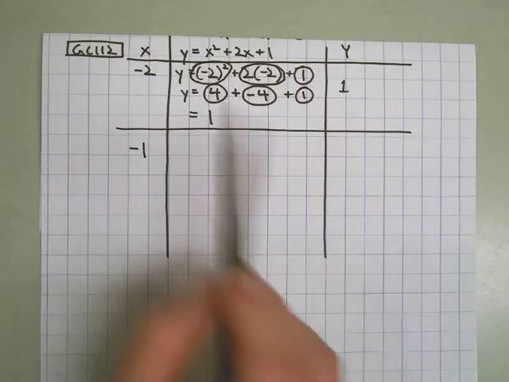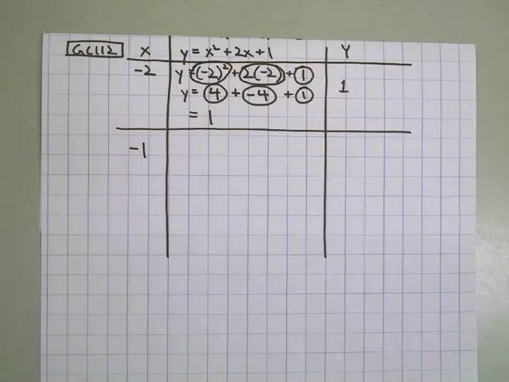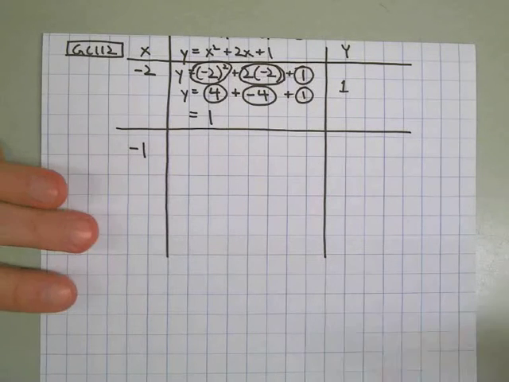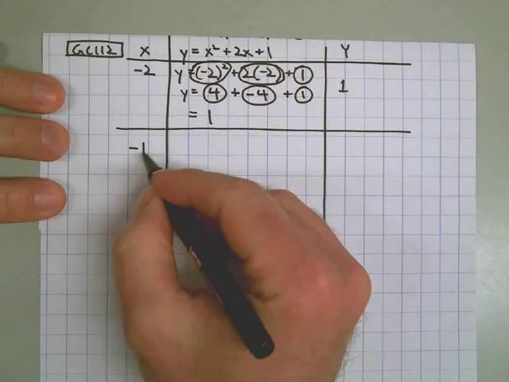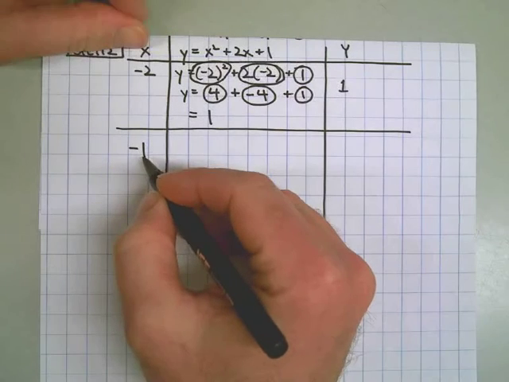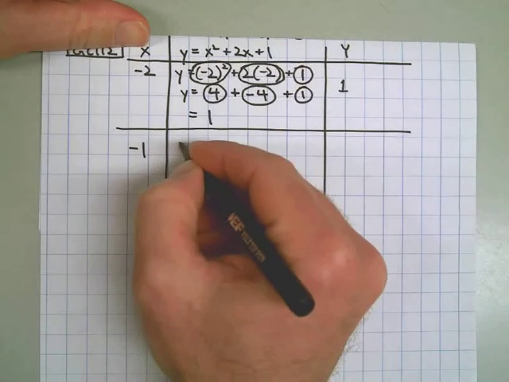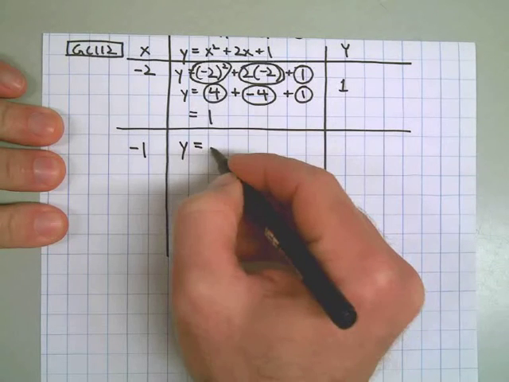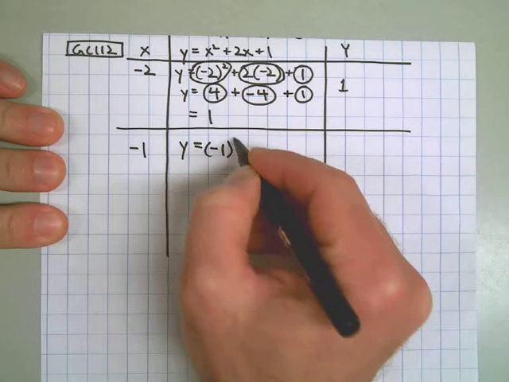The example also shows circling the terms, which we've practiced in class. Once again, terms are separated by addition or subtraction signs. It's another way for us to show the order of operations. So since we have this example to look at, let's just do the same exact thing, but use -1 instead of -2. So we start with y equals, instead of the x, I'm going to write the -1 squared